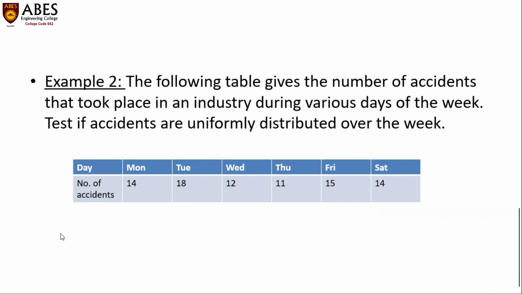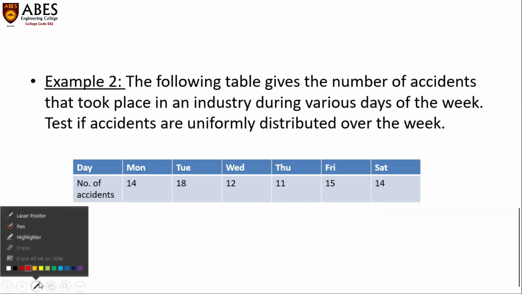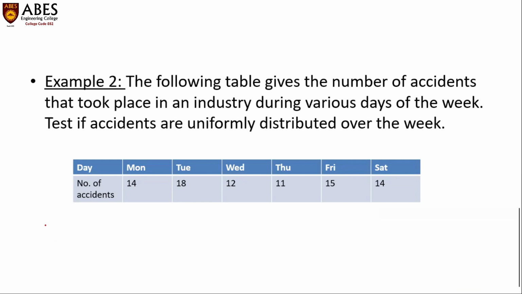Okay, so we will verify this with the help of chi-square test again. As I told you, the first thing you need to declare is the null hypothesis, in which theory is always supported by the experiment. That is, if the claim is that the data is uniformly distributed, we want it to be true in H naught. So in H naught, we declare that the accidents are